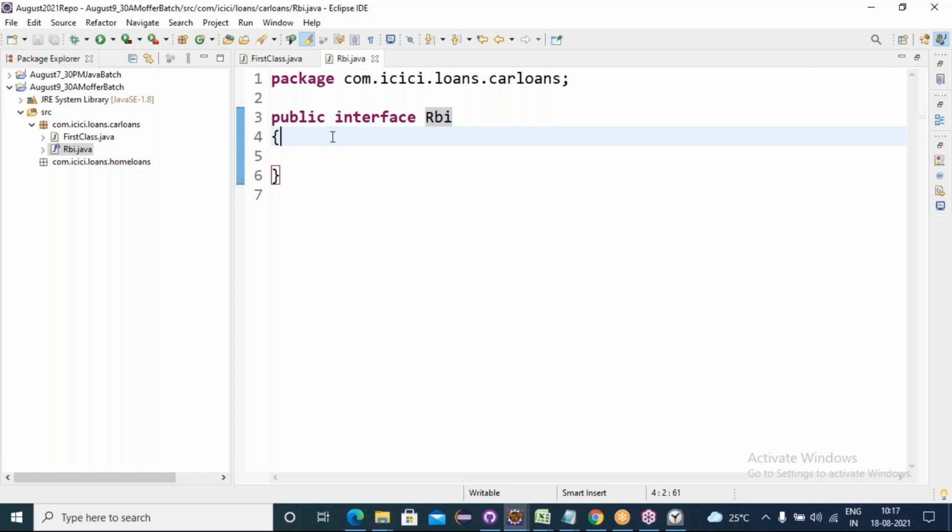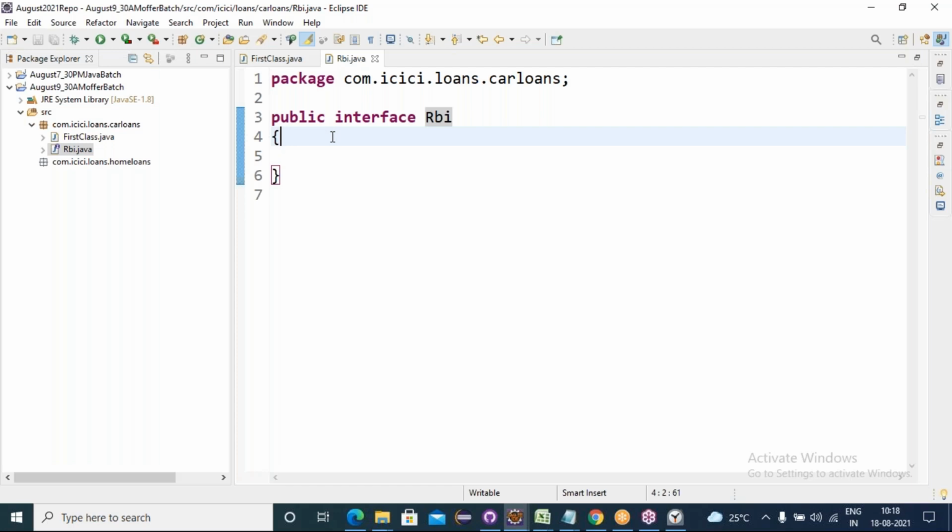To understand here, an interface means hiding the implementation details while exposing service names. See, an ATM only exposes services, but the implementation is hidden. Yes or no? The best example to understand an interface is the ATM machine. Okay? Fine.